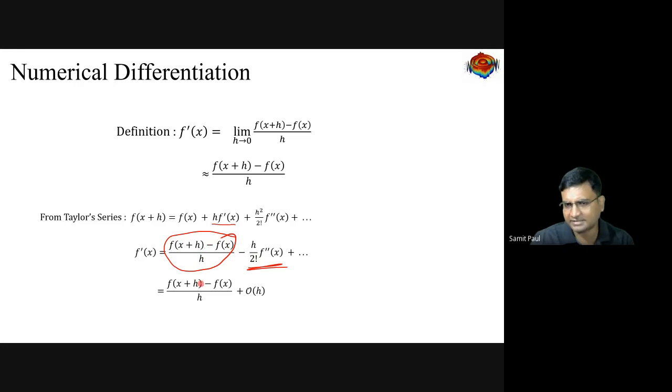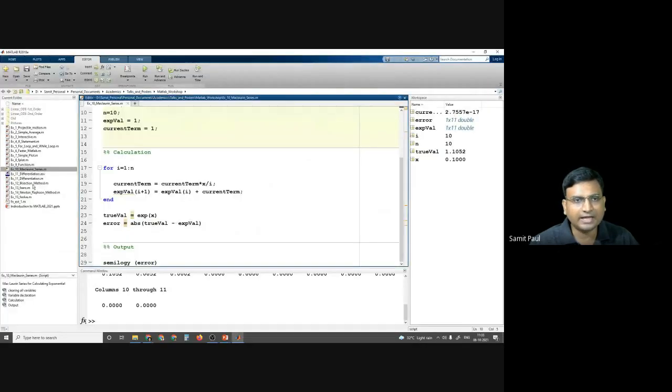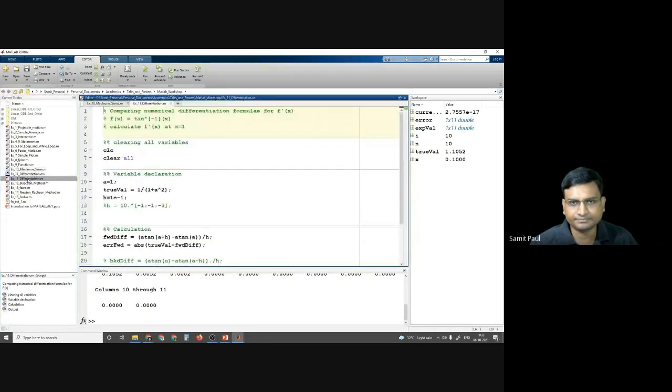In the next line, if we neglect them, there will be an h order term. The next term is h square, which is smaller than h. So the highest neglected term is this one. So it will have an error of the order of h. So let us go back to the programming once again and see it.